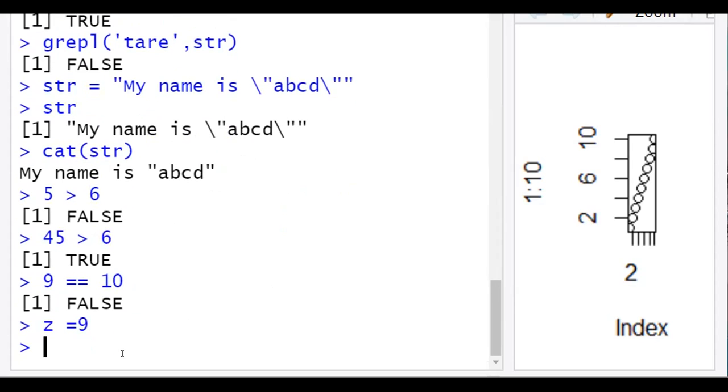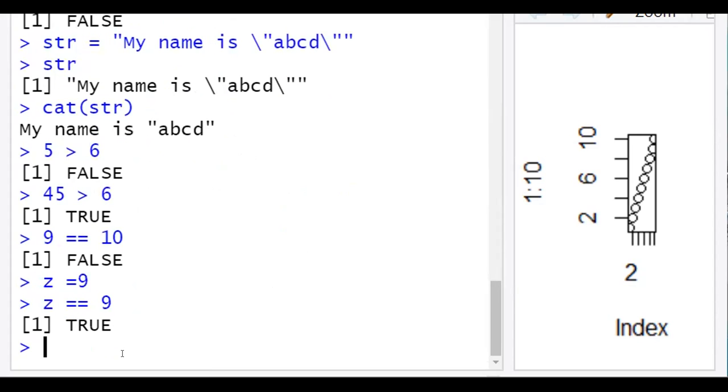So z is equal to 9. Now we can check with double equals, and it has given true. So greater than, equality, and less than can be verified. We can even compare two variables also.